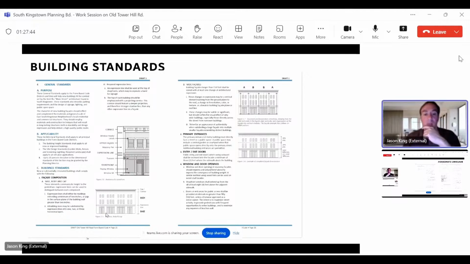We're saying base, expression line, body, and top, because that harmonizes new development with what you currently have. But we're not telling them these can't be structures built out of other materials. We're talking about how things line up into a base, and this is again to create vertical proportions. This breaks down the massing. This creates a feeling of human scale, even when a building goes up to 4 stories.